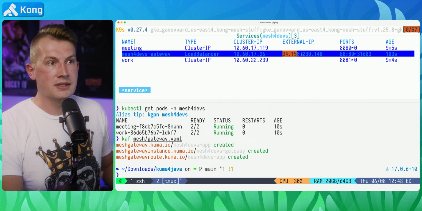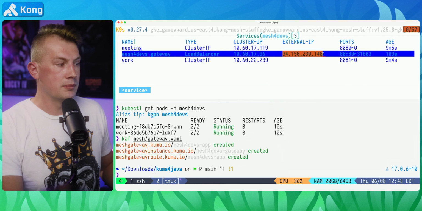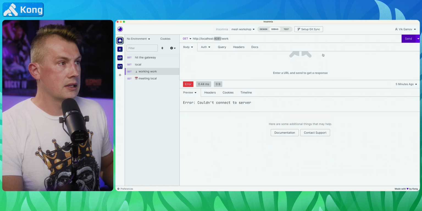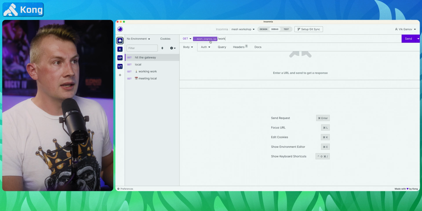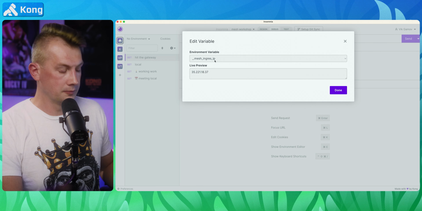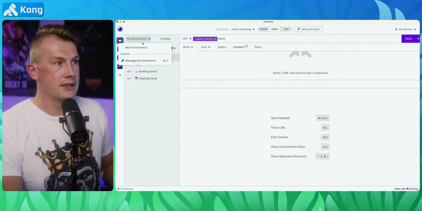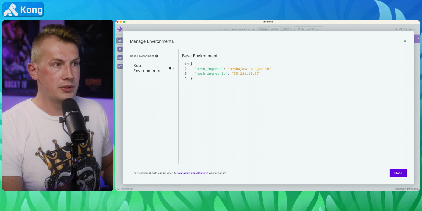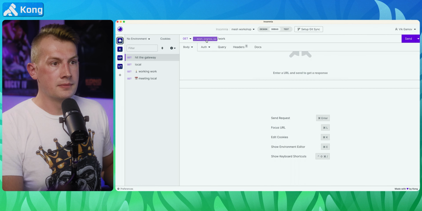That's the IP address that we will hit with my Insomnia. I'll go in here and hit the gateway. It has a predefined IP address that I have from previous tests. But if I put this IP address here, and call this,